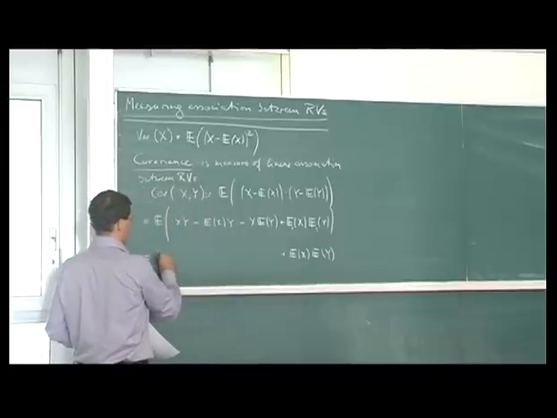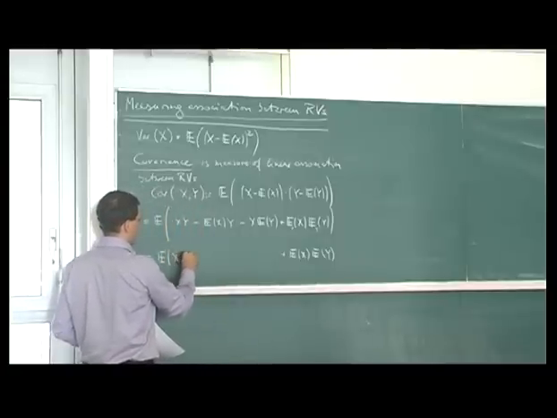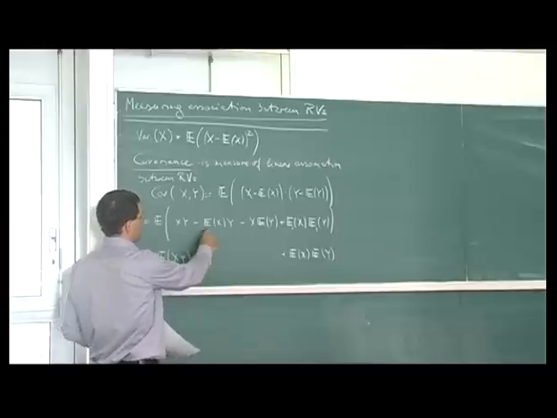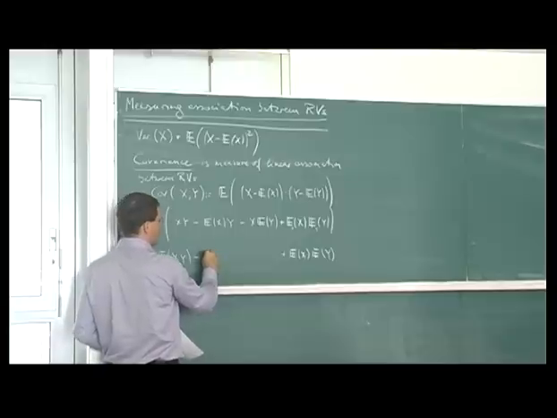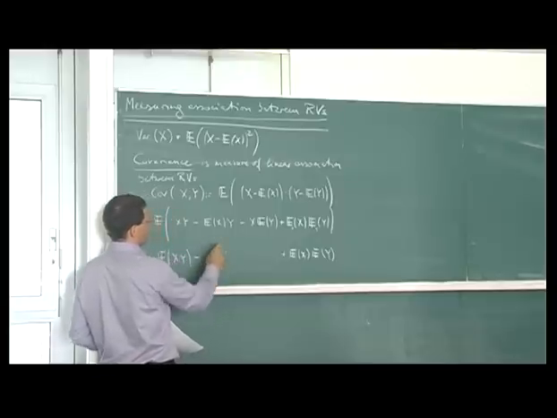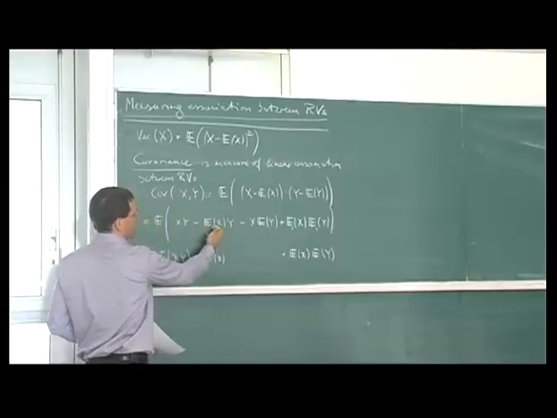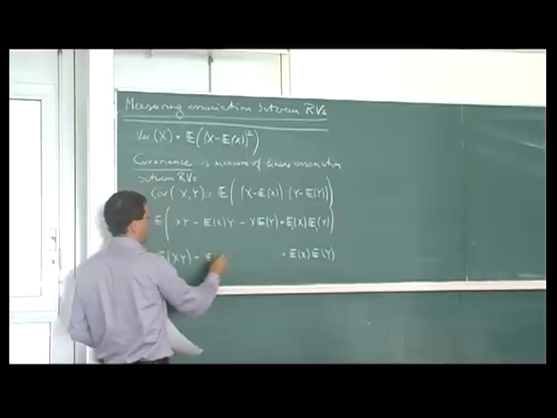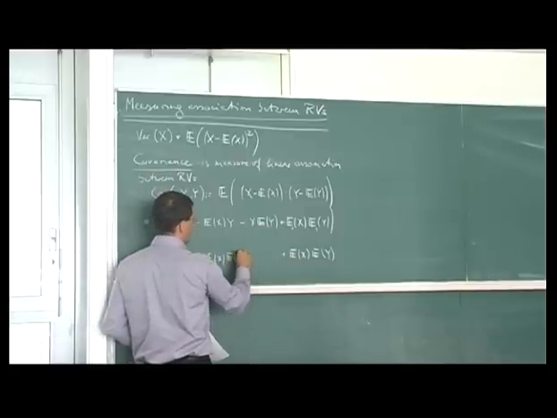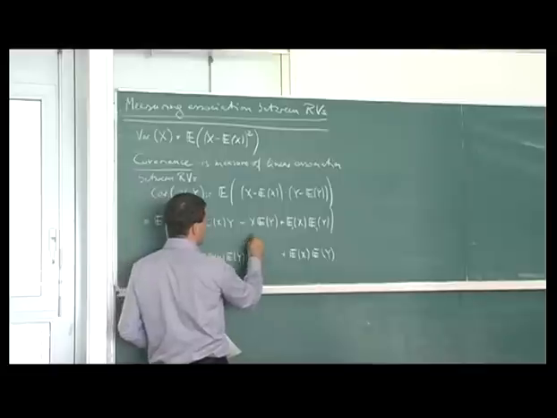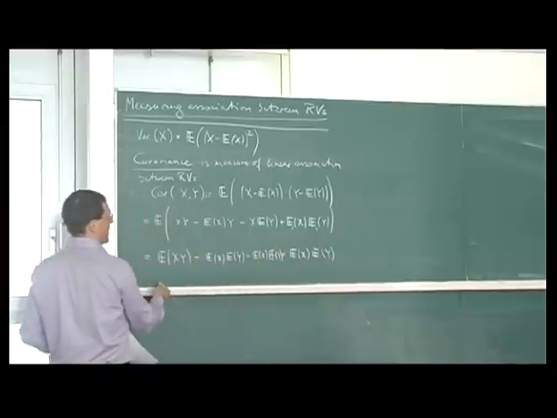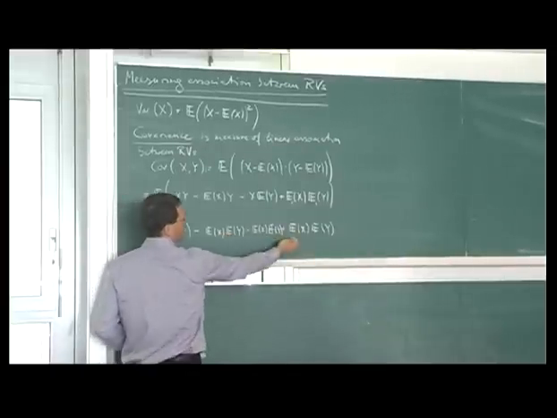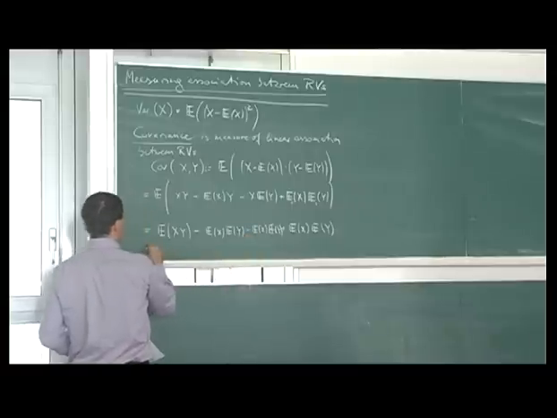Now the first term is also easy, I just copy it down. And here we can make the same argument. The expectation of x is a number which I can pull out of the expectation, and what remains is the expectation of y. And here similarly we have E of x times E of y. And altogether, those are the same terms. We have minus 2 plus 1. Overall, we get